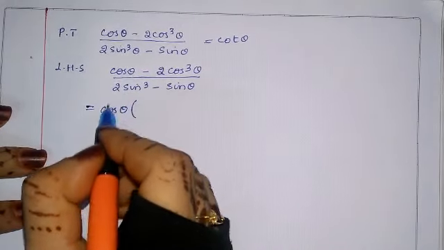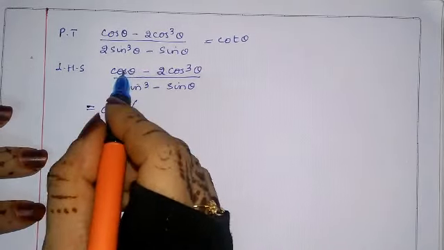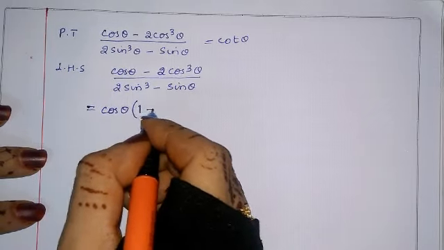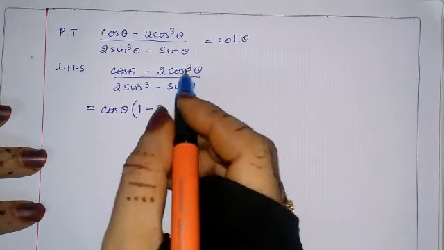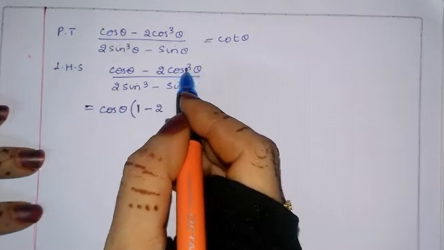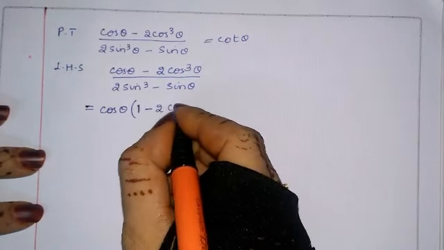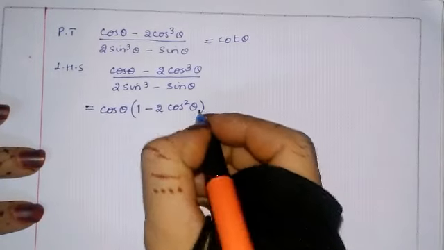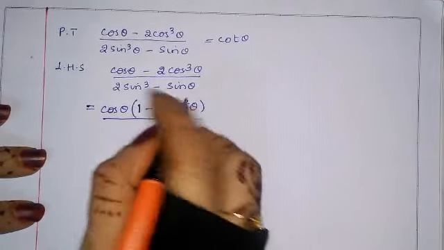If I have taken cos theta common, if nothing is left means 1. Because I have taken this cos theta outside, so nothing is left, that is 1 minus 2 as it is. Cos theta is common means here cos square theta will be left. From 3, if we remove 1, so cos square theta will be left.